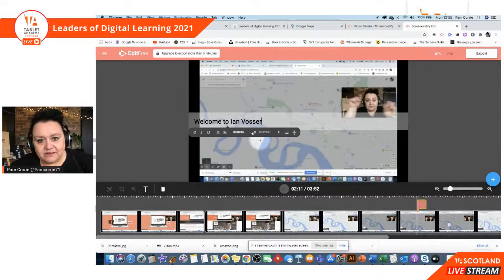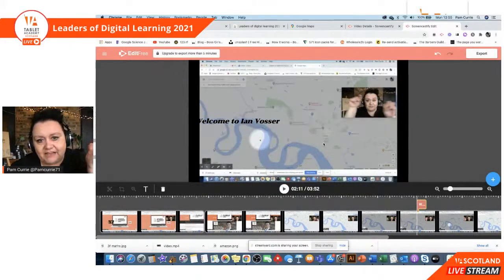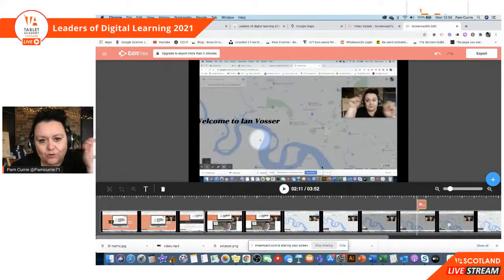So I might want to, you can change font. I can decide if I want it to be big. I can make it bold. I'll need to highlight my text first. Make it bold. I'll make it italic, bold and italic. Goodness me. Yeah, you can just add this text, and it'll just put it in like a kind of lower third or